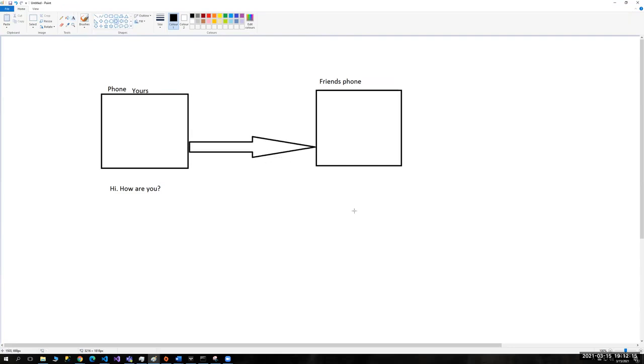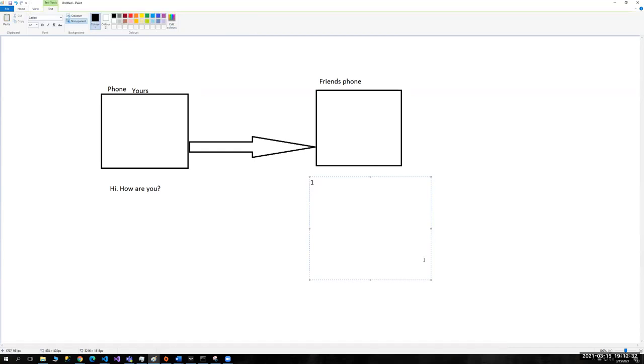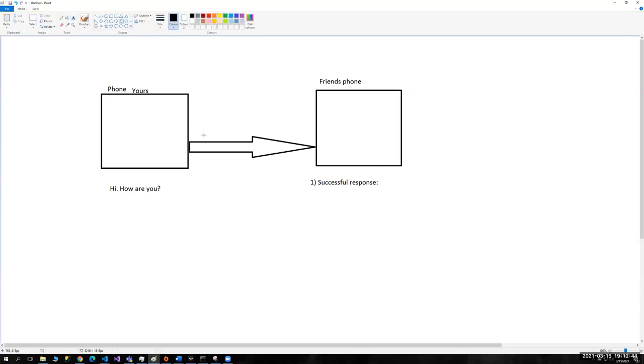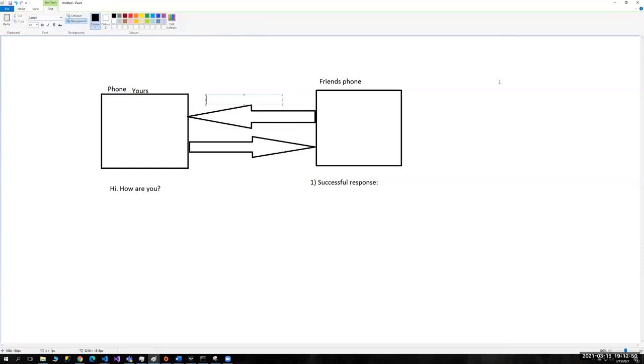what would happen is the results can vary, right? You wouldn't always get a response back. Sometimes you would get a response. Sometimes they would simply ignore it, so in this case, we have different responses back. So the first thing is a successful response, right? In case of a successful response, your friend may respond back saying, good,